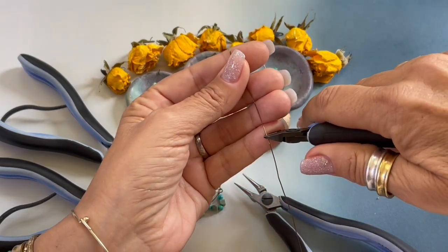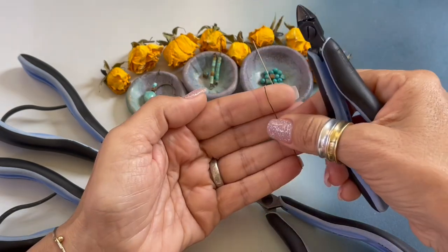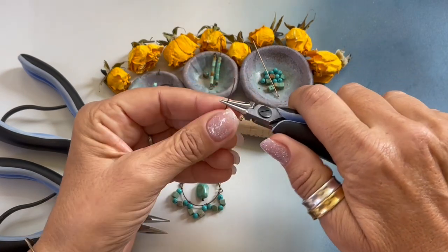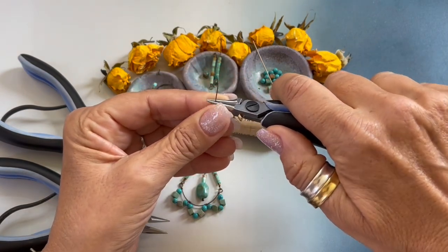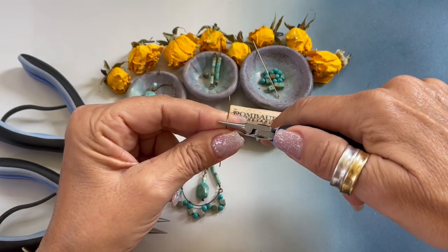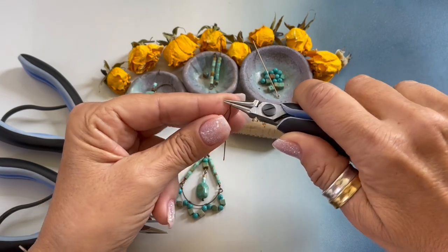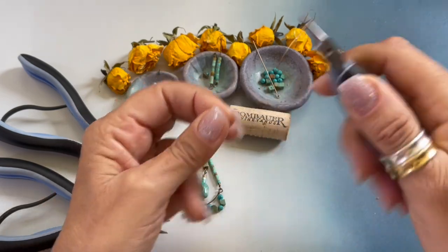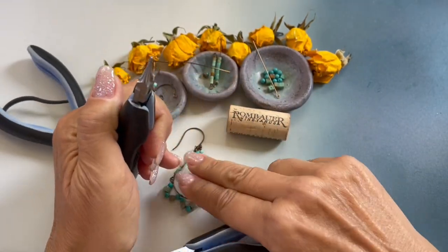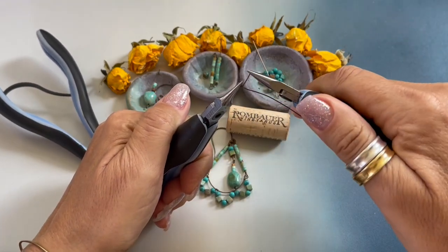So I'm just going to come in and cut about a 2.5 inch length of wire. I usually measure it on my fingers. And we are going to form a wrapped loop. We're going to bend the wire back, move the pliers up, bend the wire towards you, move the pliers to the side, bend the wire back, and we are going to come back in and we're going to wrap 1,